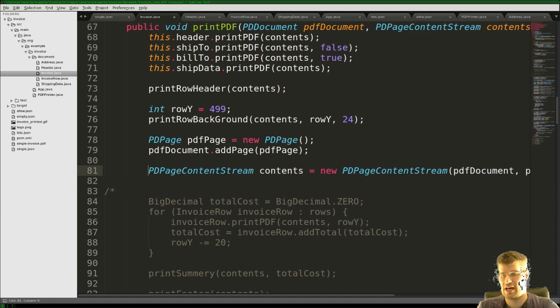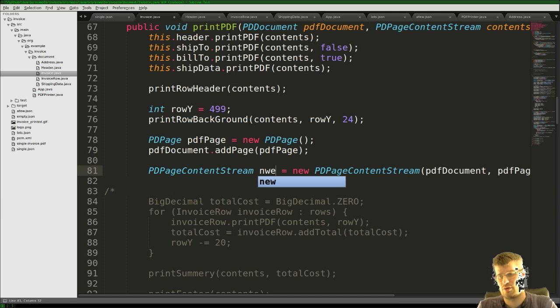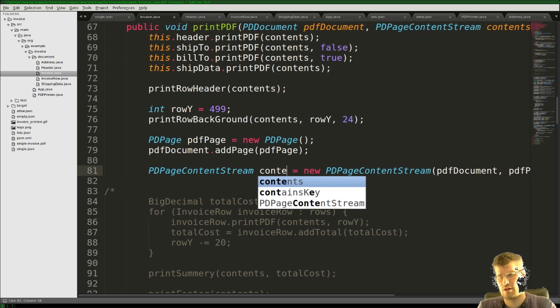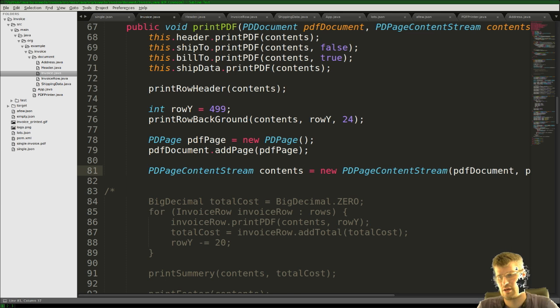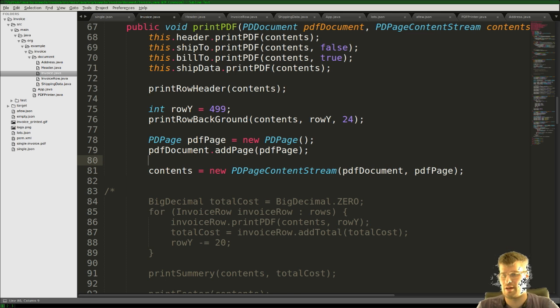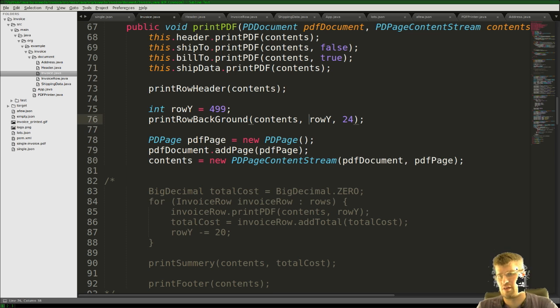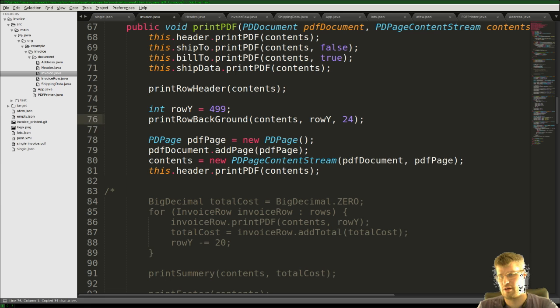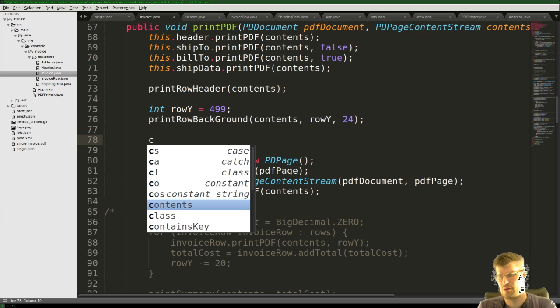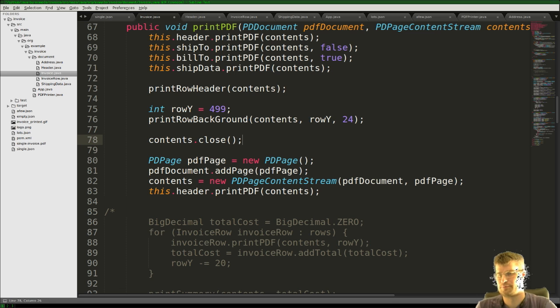So we want to change that up. New. We can just replace the contents that we already are working on with the new, and then we create a new page here, and then we just create another header here. Let's say that we close contents here, so there, and then on the next page we will print another row header